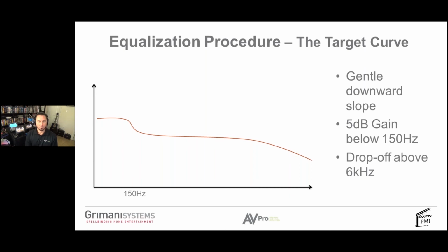If you get that out of your microphones and analyzer, chances are the room's going to sound pretty good. If you were to equalize for a flat line, it's going to sound hissy. There'll be no bass. You would say, well, it should be flat response. The electrical response should be flat. Yes, but